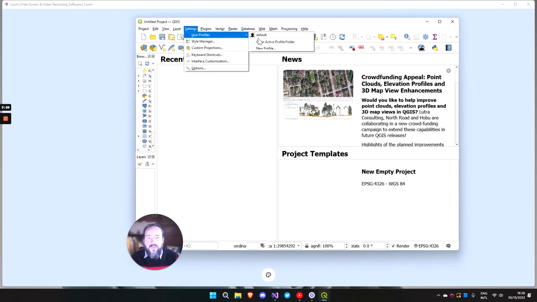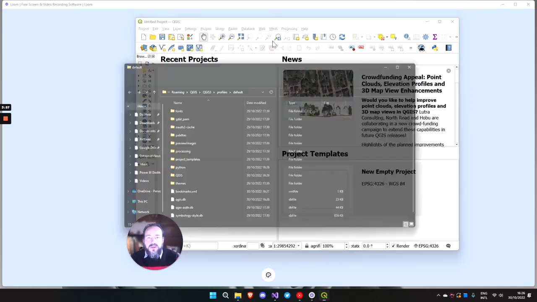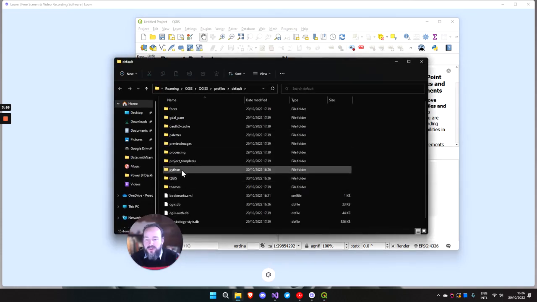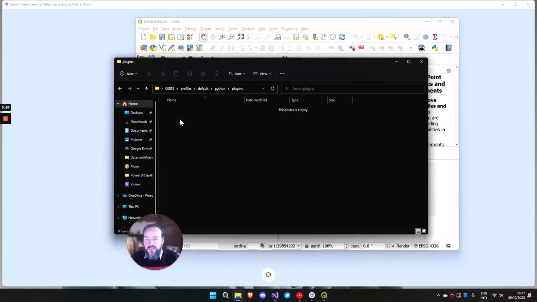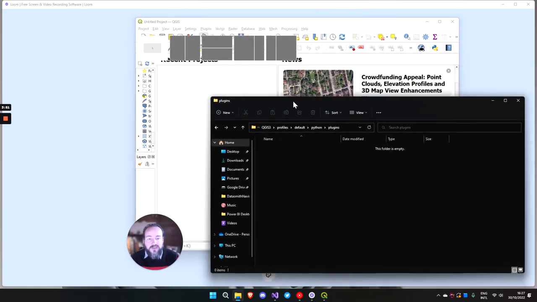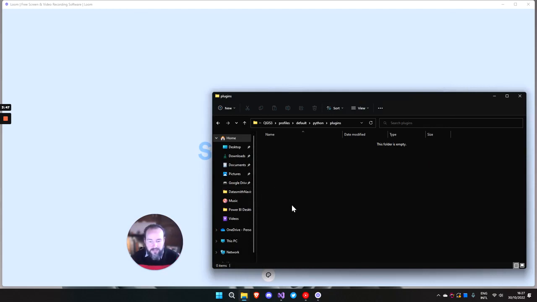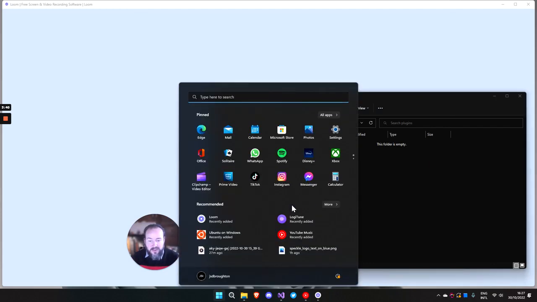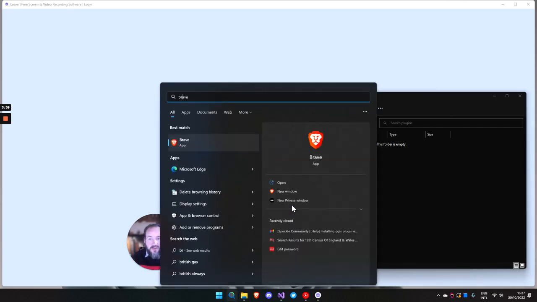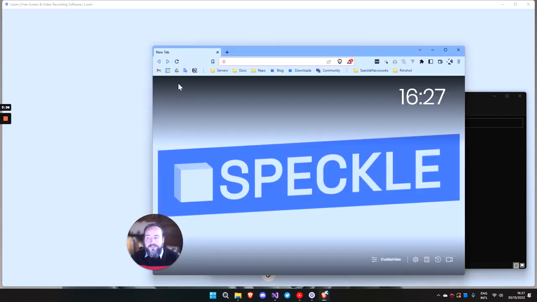And I'm in my active profile. I'm going to open the profile folder. Inside the Python folder there's a plugins folder. I've currently got no plugins installed. I'm going to leave that window open. That was a publicly available one, and what I'm going to do now is come to the repo,